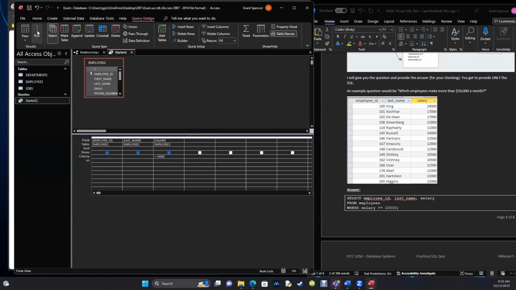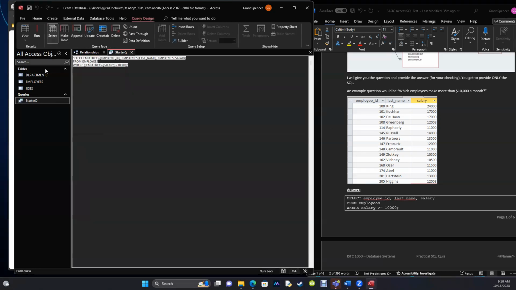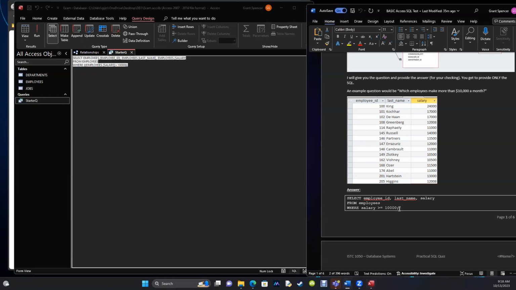Let's go ahead and run it and see what happens. Oh my goodness, it looks just like the output now. That's awesome. Where's the SQL? The SQL is under the SQL tab, and I could take that SQL and run over here and paste it,